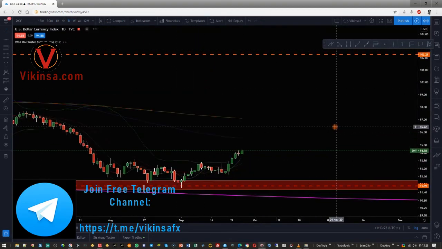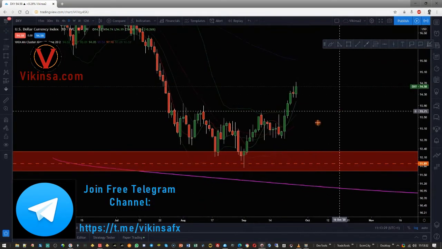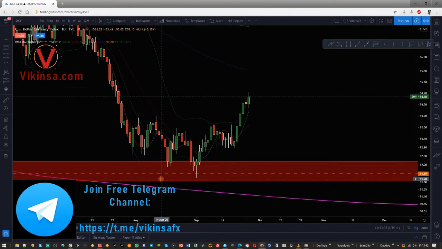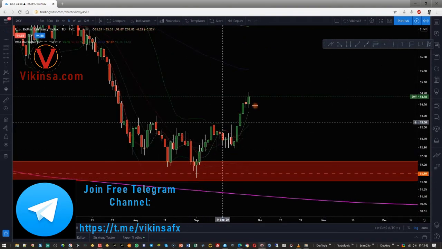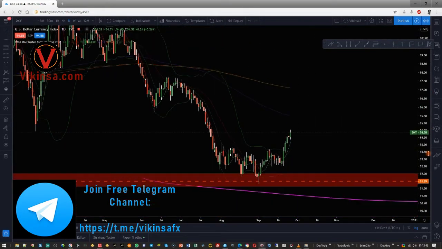Now let's go to the daily time frame. If I go to the daily time frame, the market created a divergence or double bottom kind of setup here, right in that zone, right on that level of support, and that is why we were able to take this trade, right? And if the market is actually moving higher like this, then